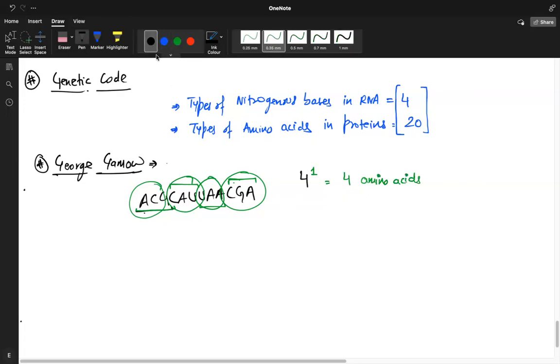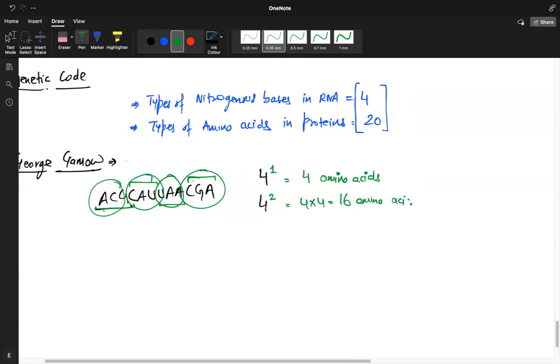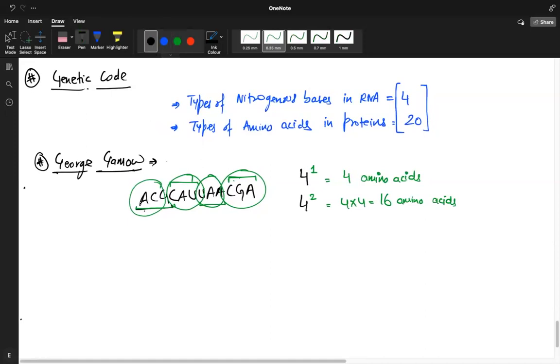Then someone said the same thing. If a code is made up of 2 nitrogenous bases, it will still be 4 into 4, which is 16 amino acids. That also can't be the case because we already have 20 amino acids. Then that's why Gamow said, see, it has to be 3 nucleotides or 3 nitrogenous bases together coding for 1 amino acid. That way it will be 4 into 4 into 4, which is